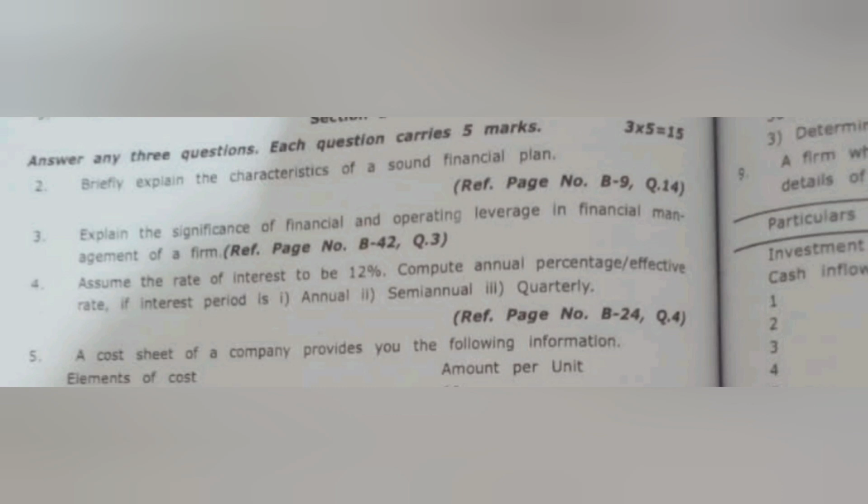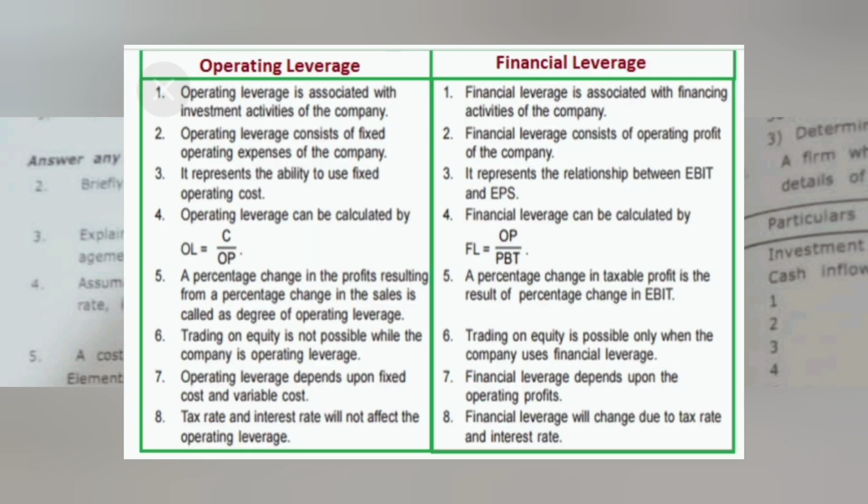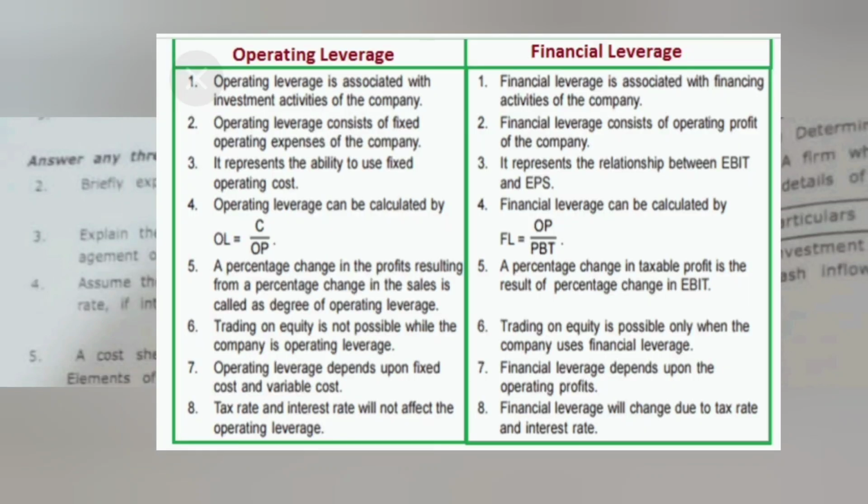Now we'll explain the significance of financial and operating leverage in financial management of a firm. So what is operating leverage and what is financial leverage? Operating leverage is associated with the investment activity of the company. Financial leverage is associated with the financial activity of the company. Operating leverage consists of fixed operating expenses, but financial leverage consists of the operating profit of the company. Operating leverage represents the ability to use fixed operating cost, but financial leverage represents